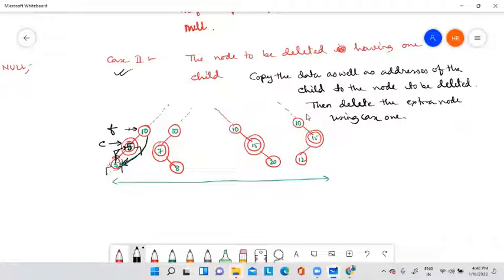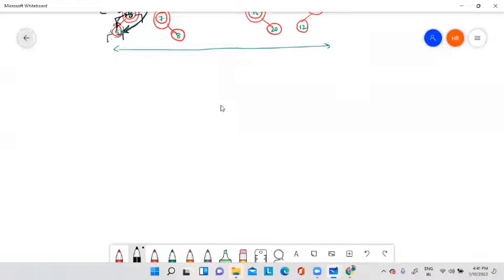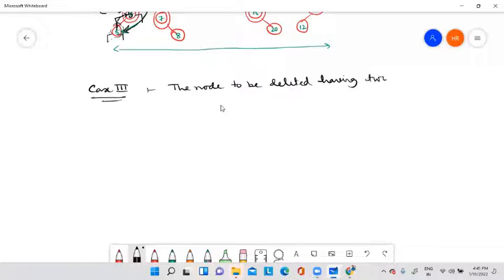So case number 1, node to be deleted is a leaf node, no children. Case number 2, node to be deleted having one child. Now the last one is case 3. Case 3, the node to be deleted having 2 children.